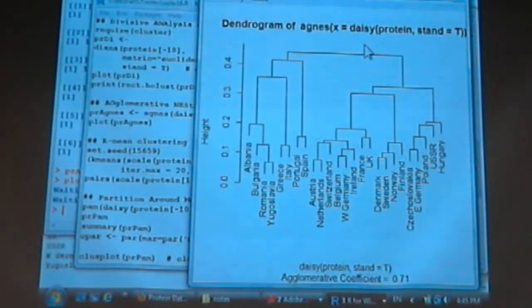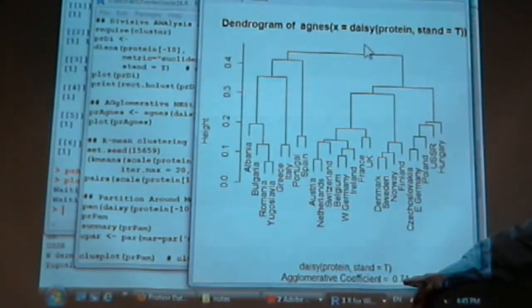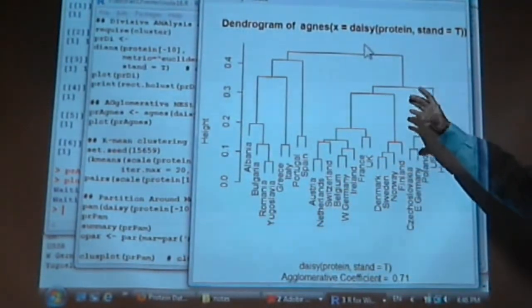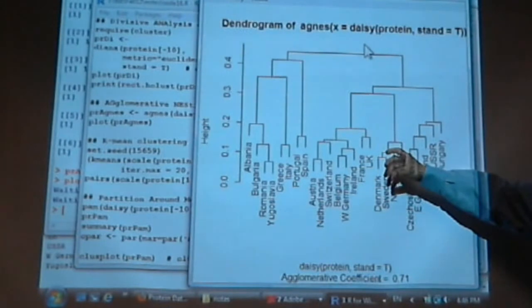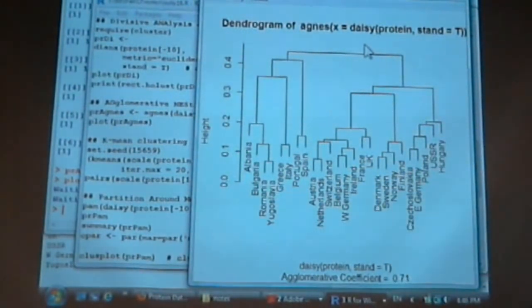Let me start now. With this type of graphics, you get an additional so-called agglomerative coefficient. One would be the best. This is how tightly the clusters are formed, one being the best, very compact clusters. Okay, so let me